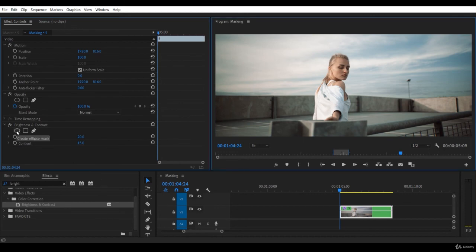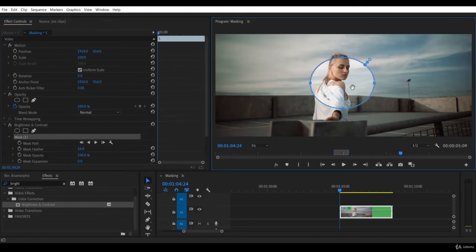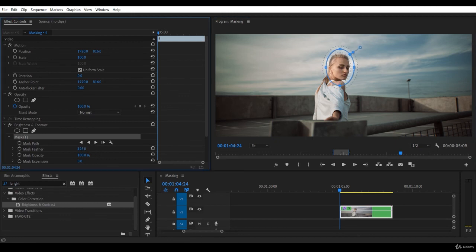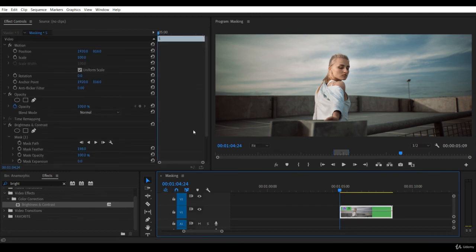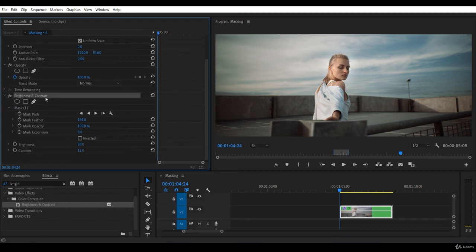Then I'm gonna select Ellipse to create a mask, adjust its shape and position, feather it out, and you can see that the face is brighter now. When I want a viewer to pay attention at something, in this case it's the girl's face, I just make it brighter. So as you can see, I applied brightness and contrast effect, made the face a little bit brighter